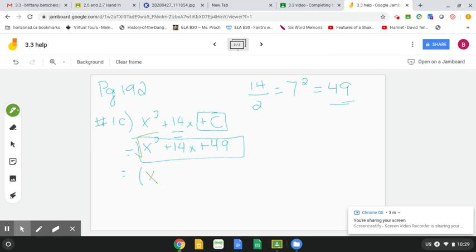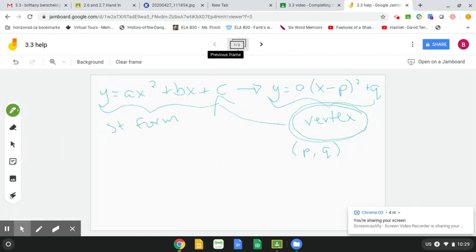You take the sign of the second term, which is plus. Then you take the square root of the last term. It follows those steps every single time: square root of the first, sign of the second, square root of the last, and then you put the little squared, because that follows this formula,